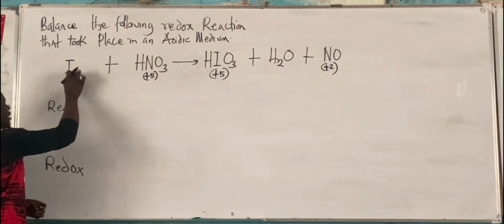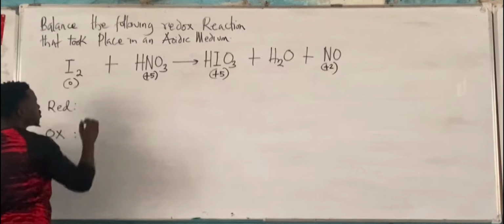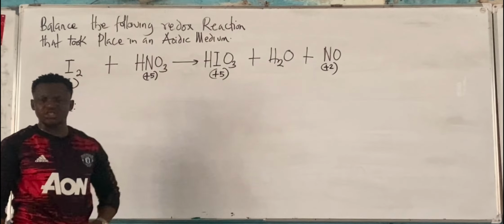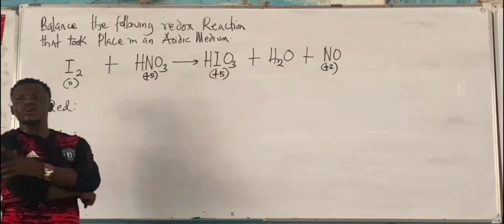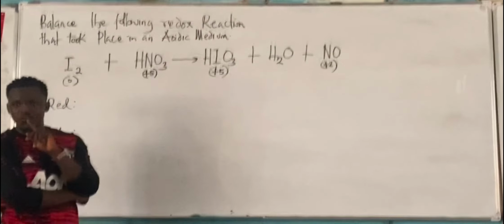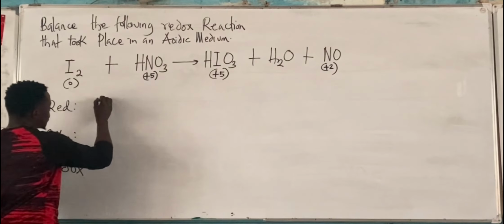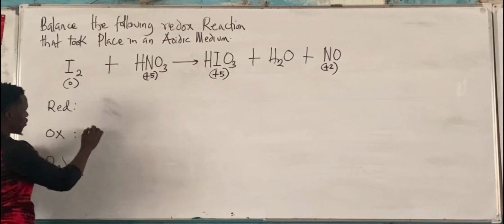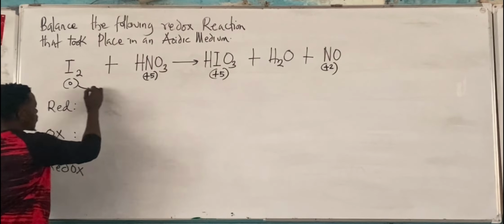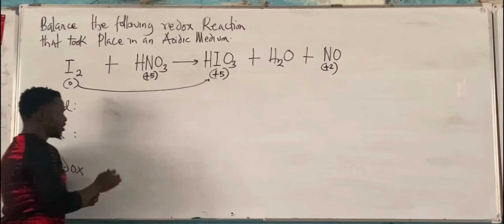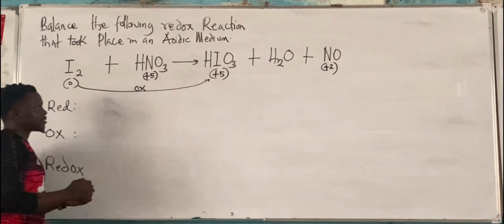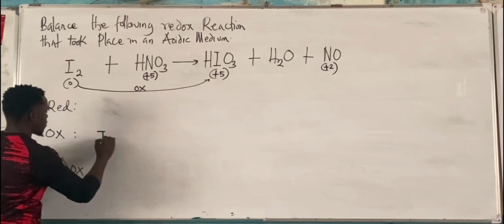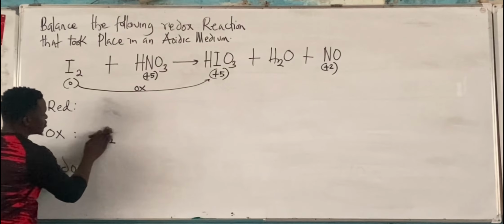Now, iodine is actually moving from 0 to +5. That is an increase in oxidation number. An increase in oxidation number is oxidation. So I'll come here, from 0 to this is oxidation. All right, so I'll come here, I'll say I2